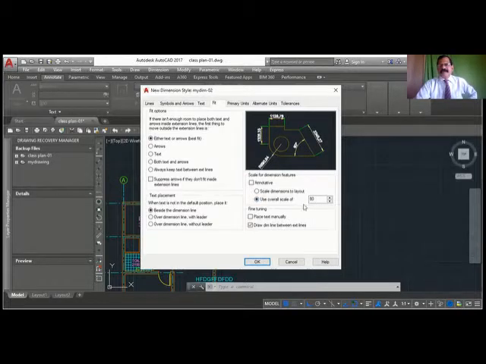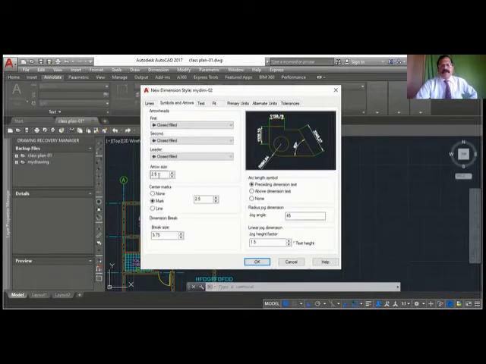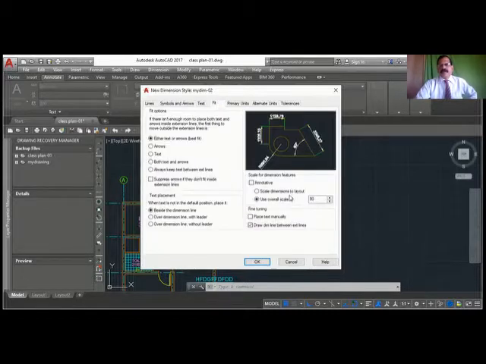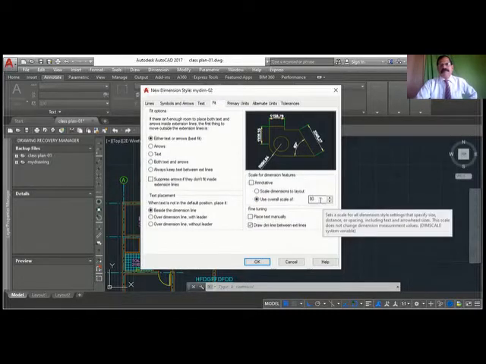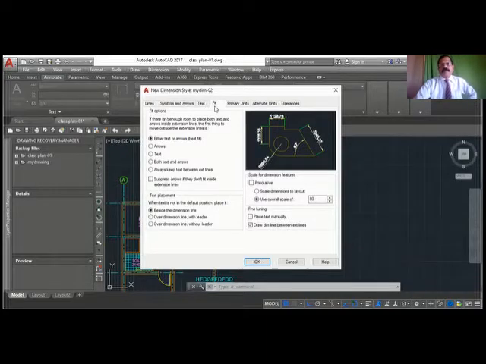When you give this scale, it affects everywhere: the arrow size, the text size, the dimension, everything is affected. So it's always better to change here instead of changing all these values individually, which will cause big confusion. So always come here in the fit tab, just give the overall scale. Okay, so that's what you will be doing from fit.